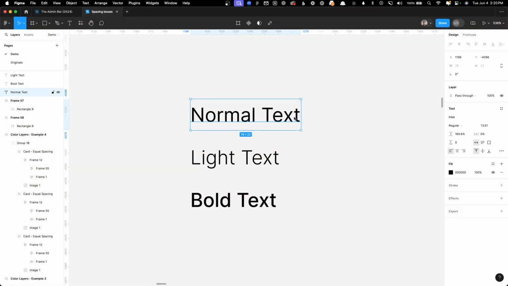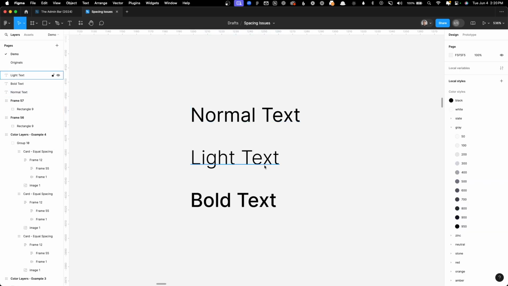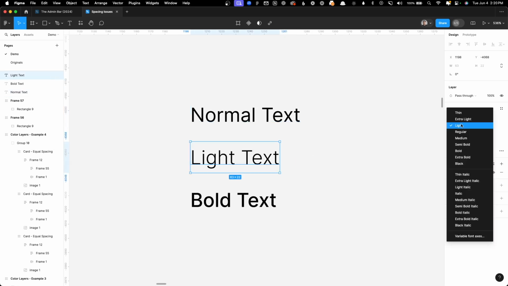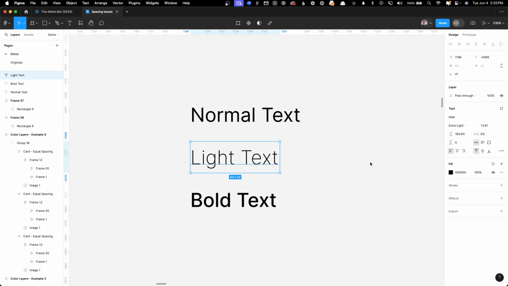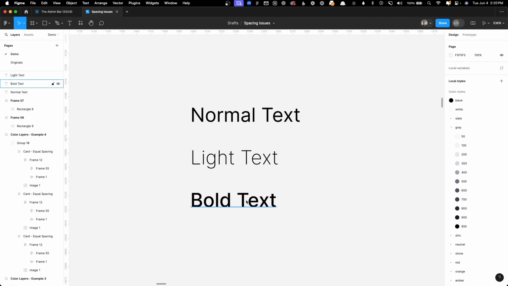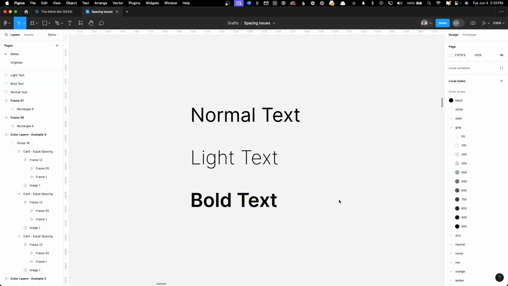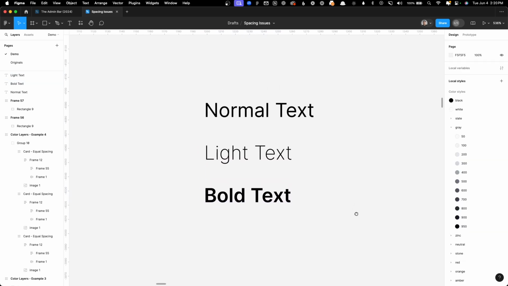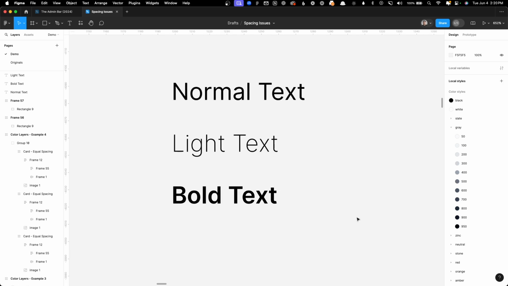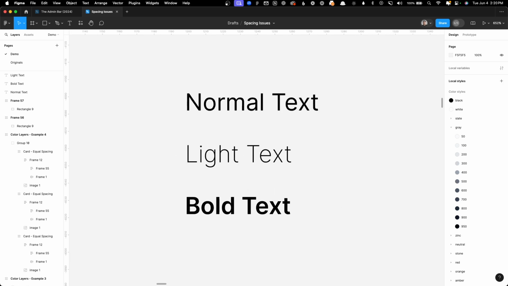A much more effective approach is to skip font weights. So let's say you still wanted to use 400 as your base normal font weight. Instead of using 300 for your light, skip 300 and go down to 200 for your light. And instead of using 500 for your bold, skip 500 and go up to 600 for your bold. By doing this, you help differentiate the different font weights and create more visual hierarchy, which we already know is